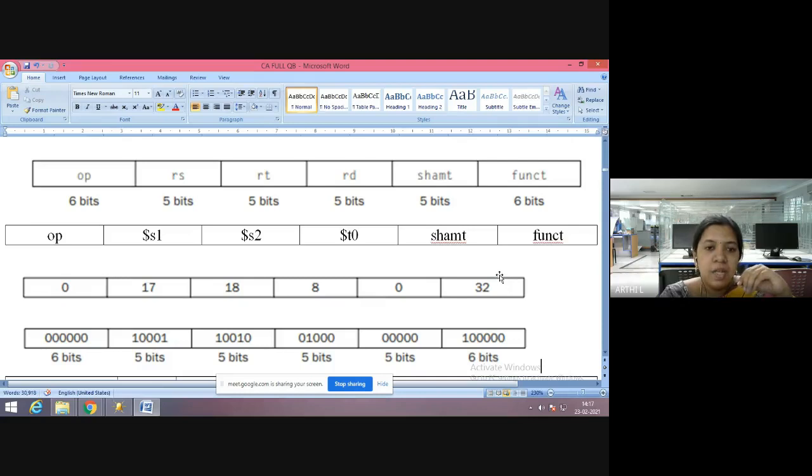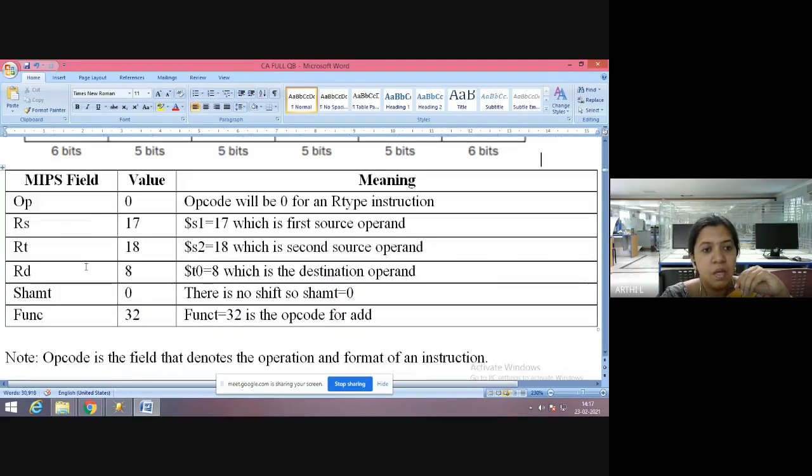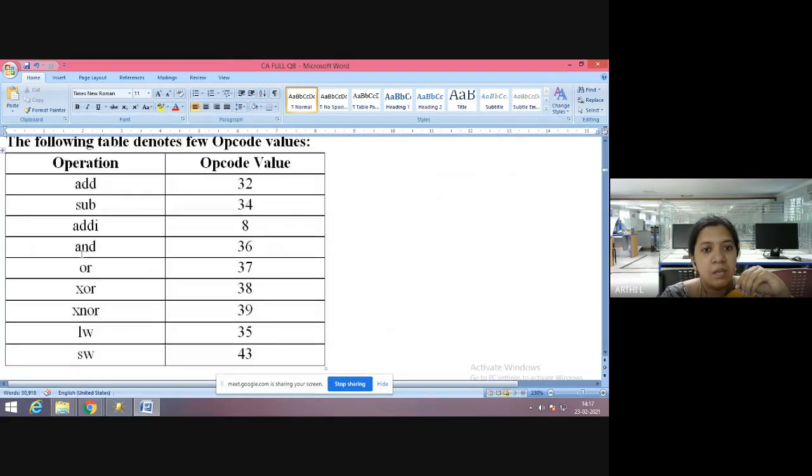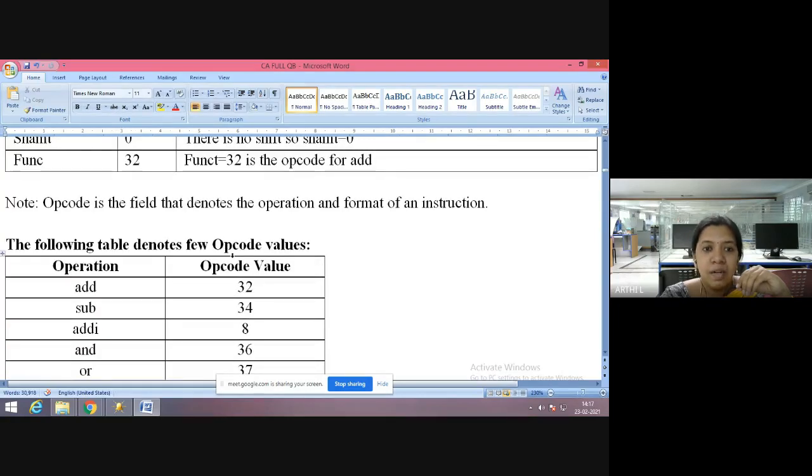So let's go check what the opcode is. Opcode is 0 for all arithmetic and logical instructions. Arithmetic and logical instructions have opcode 0. Okay, just one minute, look here. These are the values in the function table, isn't it? So these values are present. So opcode and function are correlating ones.